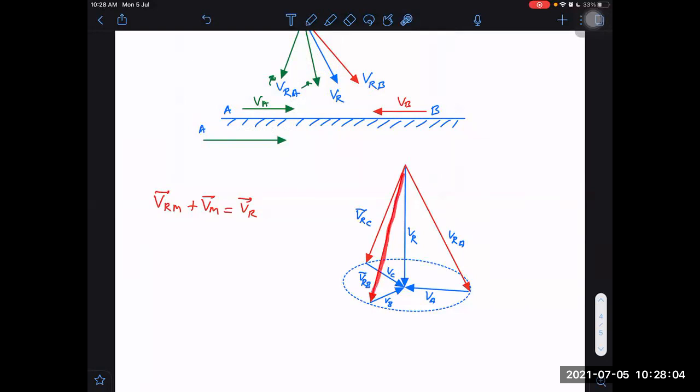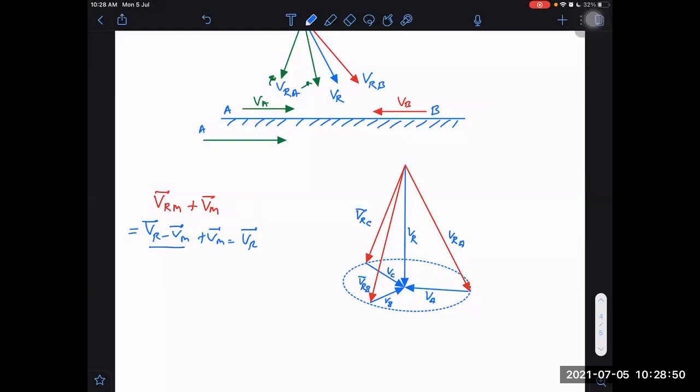So VRB plus VB is equal to VR, right? So the rain vector and the velocity of man vector should be connected head to head, and rain with respect to man and the man velocity should be connected head to tail, because the resultant of these two should give us velocity of rain according to our formula. You remember this formula? VR minus VM plus VM should be VR only, right? If you don't remember it, you can derive it here.